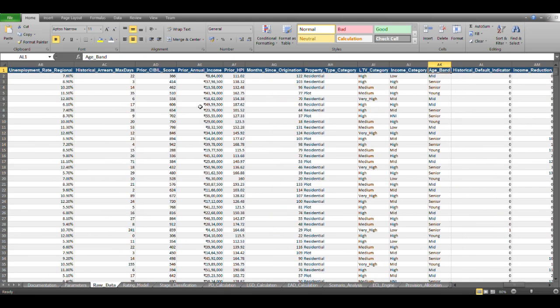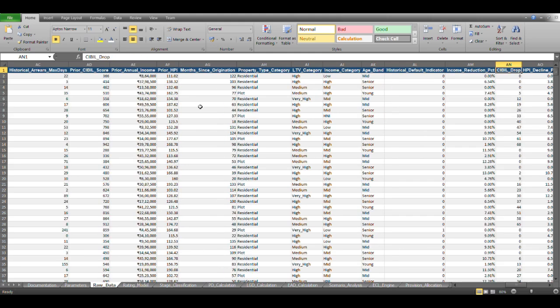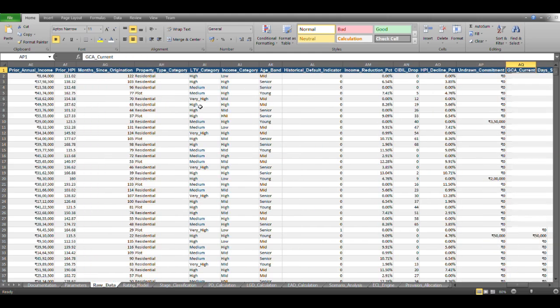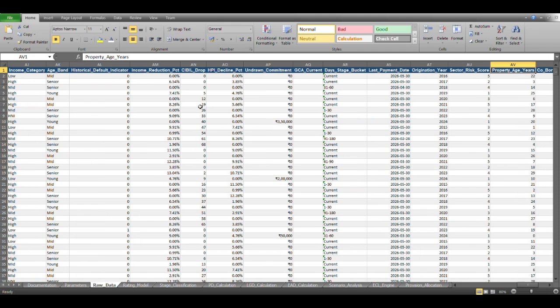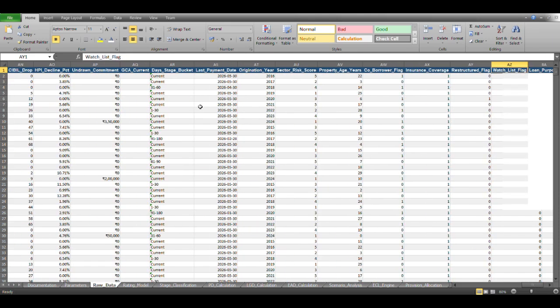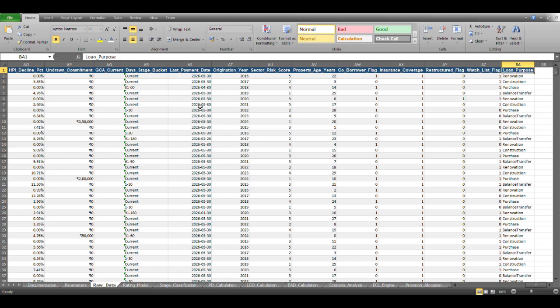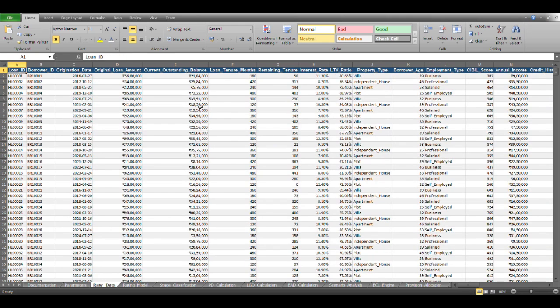And the age band. So for the variables that I have, I classified some of them into categories, and then the day stage bucket, like how many days the borrower has been past due, and then different other variables like the watch list, loan purpose, insurance coverage. So basically, I would say 50 plus variables are being considered.